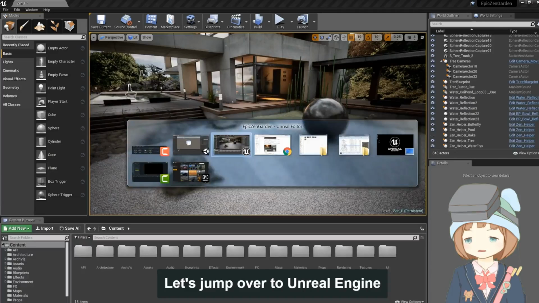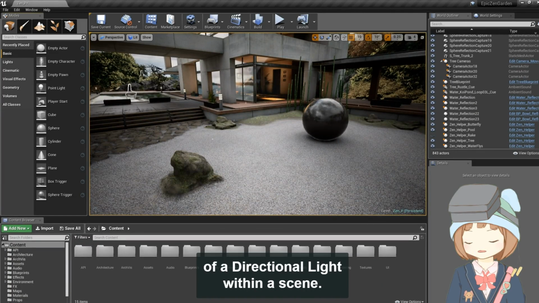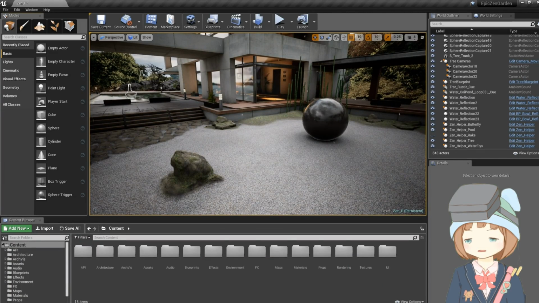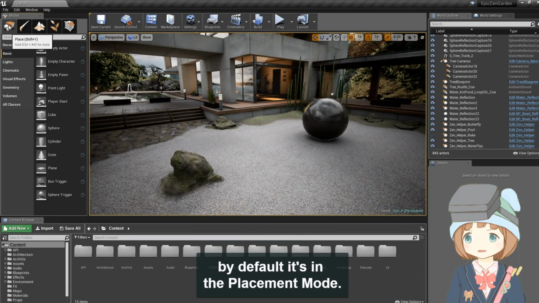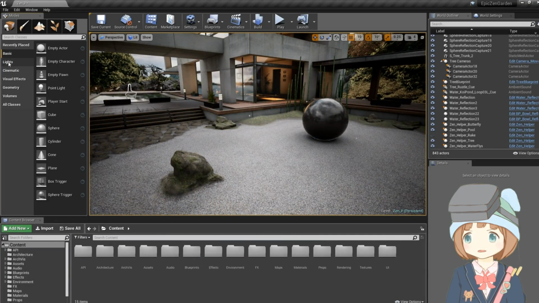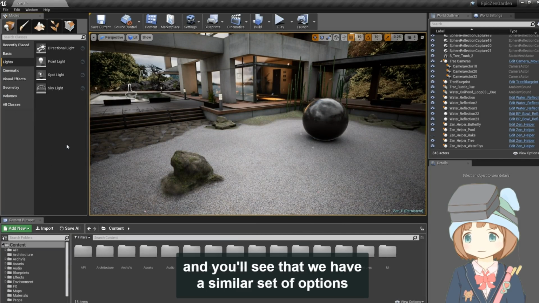So let's jump over to Unreal Engine and take a look at that in that exact same comparison there of a directional light within a scene. So you can see up here on our modes panel, by default it's in the place or the placement mode. We can go down to our light setting, and you'll see that we have a very similar set of options